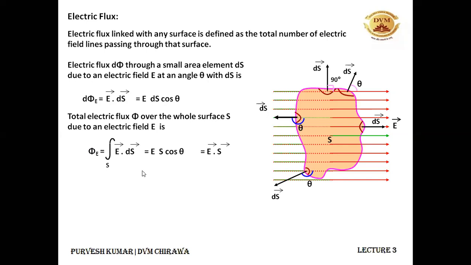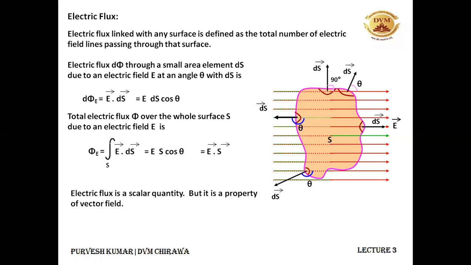If you need to calculate the electric flux through any surface, what we'll be doing is finding the electric field and the area vector, and then taking the dot product of them and integrating that. Again, the dot product of the electric field with the area vector gives us the small electric flux through a small surface area ds, and in order to calculate the total flux, we'll be integrating the dot product of the electric field and the area vector.